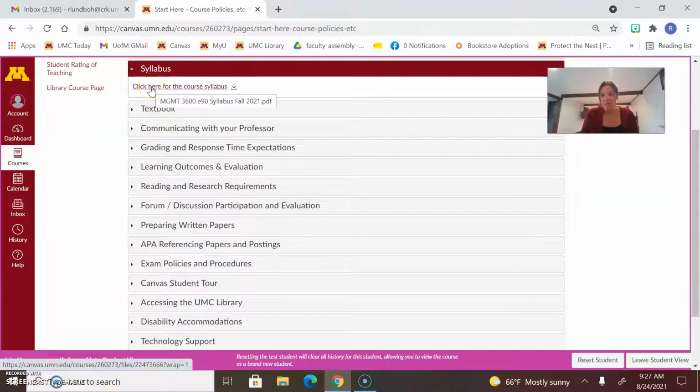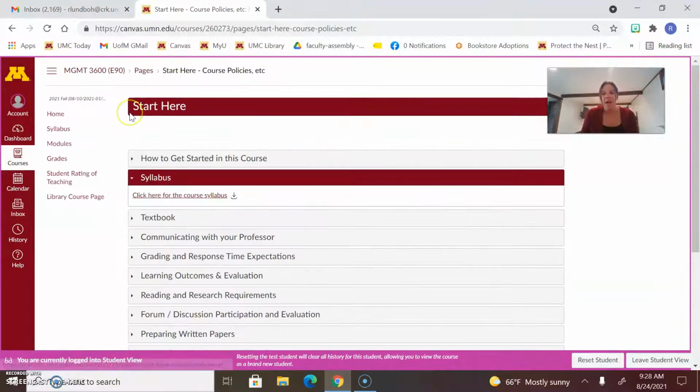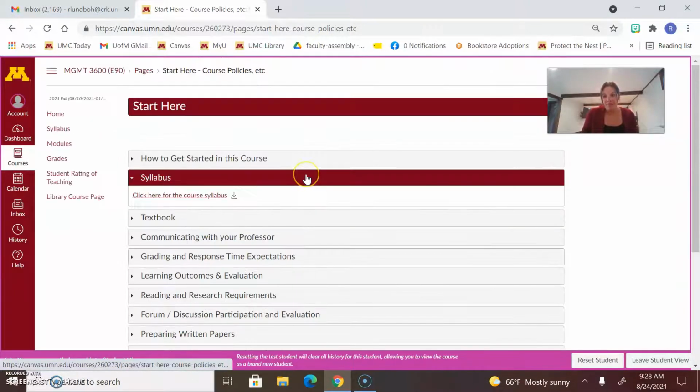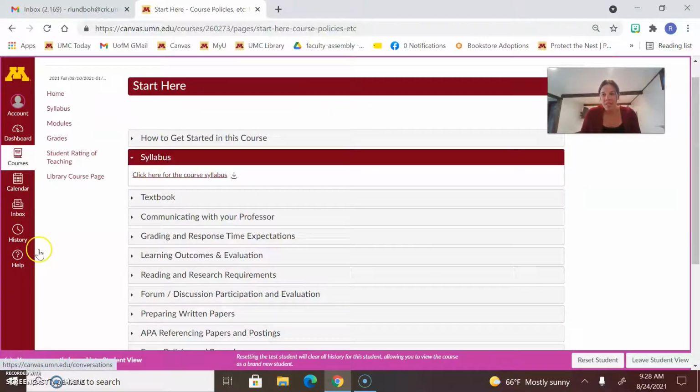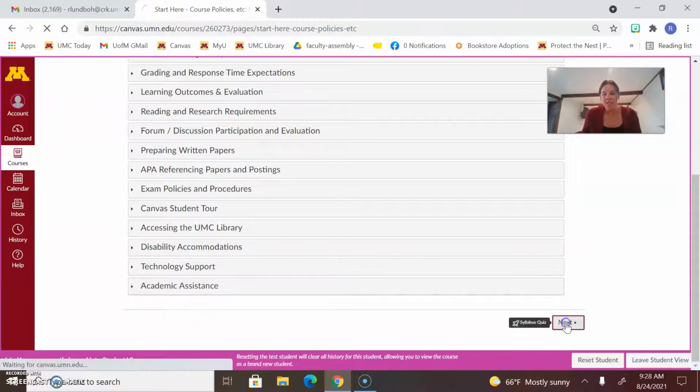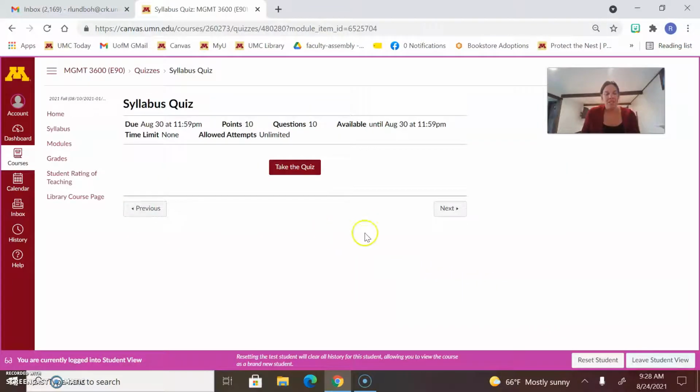You can click here for a PDF version of the syllabus. I also highly suggest that you download the syllabus so that you know all of the information that you need to know for the course. So to navigate through the course, you can always either go back to modules or you can just click next and it'll take you to the next spot.